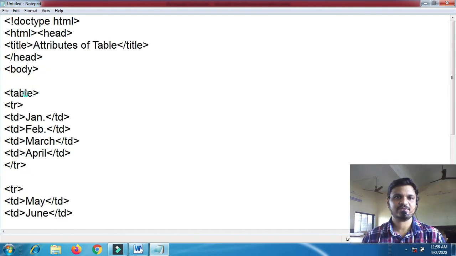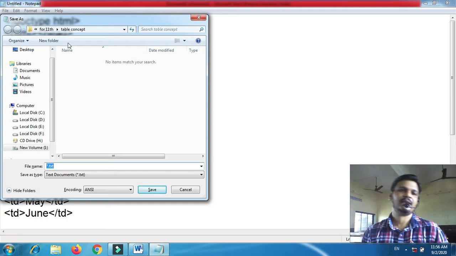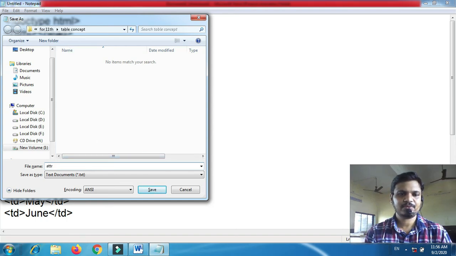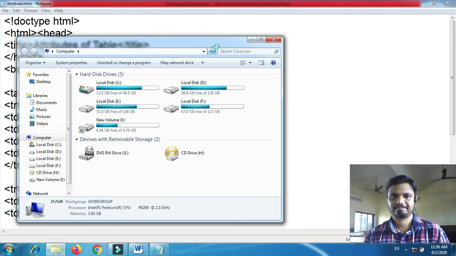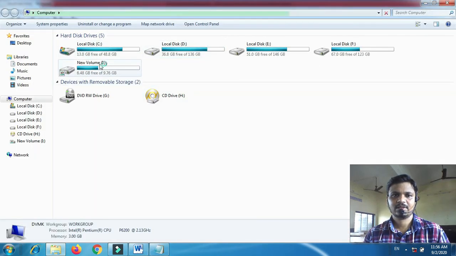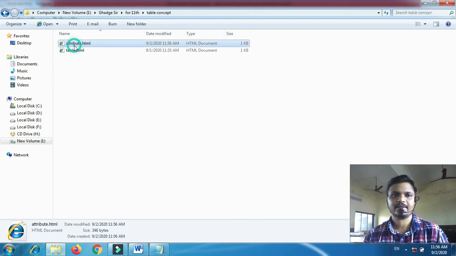I'm going to save this file into a proper directory. Last time I stored into the directory for class 11 table concept. Okay, now here attribute.html. Now let me execute, and here we go, table concept attribute.